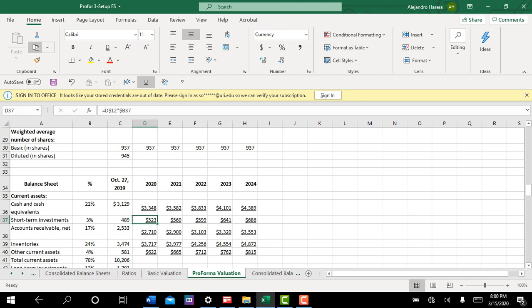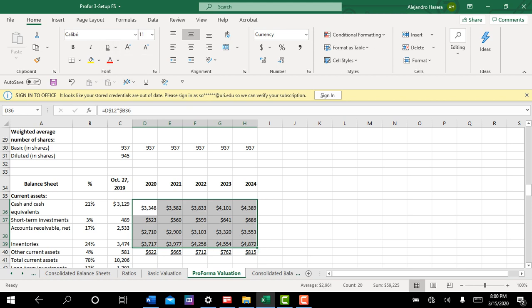And so those are small. Accounts receivable, that's very reasonable to say they're a percentage of sales. And the most direct number are inventories. Inventories and sales, obviously, there's a direct number. Other current assets, you really don't know. Okay, anyway, so I'm going to go ahead and reformat these so that